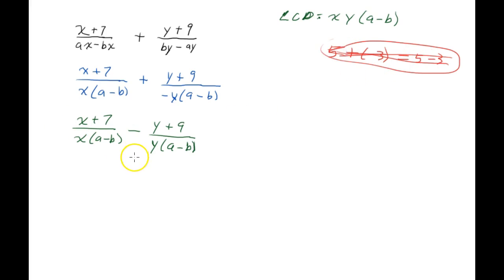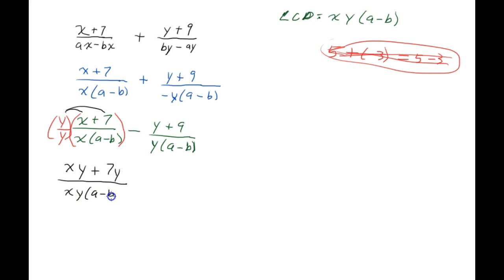All right, I'm going to cross that out so we don't think that that's part of this problem. To get our LCD, x times y times a minus b, this is missing a y. So I'm going to multiply the numerator and the denominator by y. I'll put parentheses here so I don't mix that up. And when I distribute that y throughout, I'm going to get x times y plus 7y all over x times y times a minus b